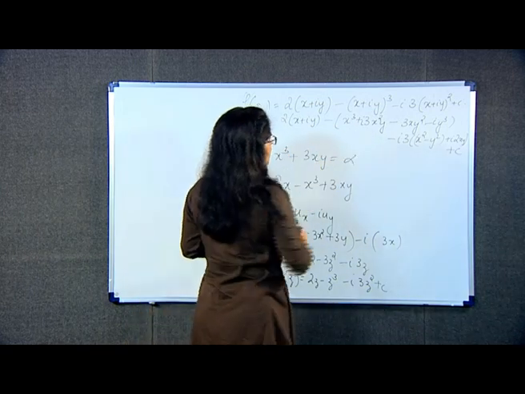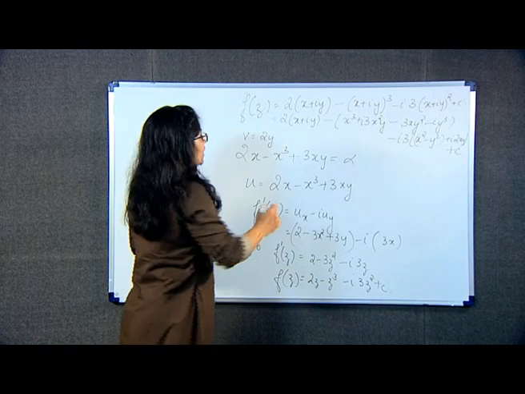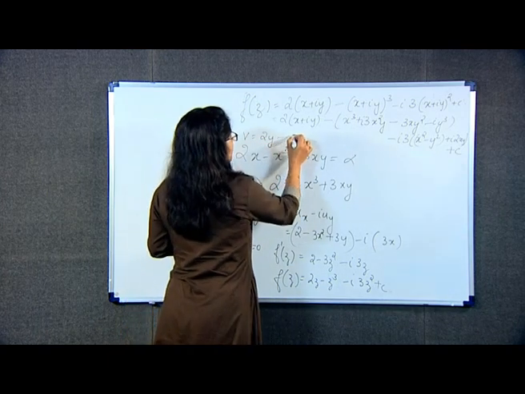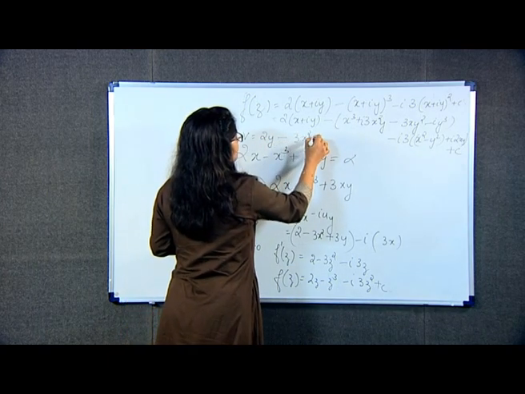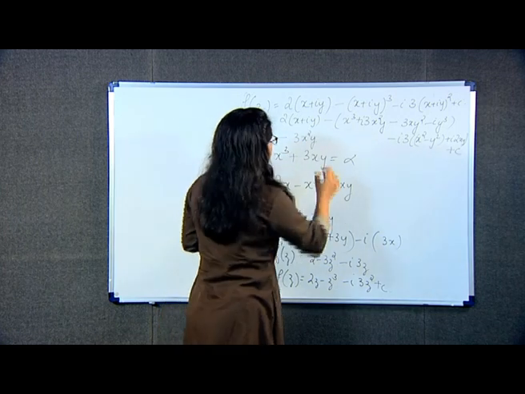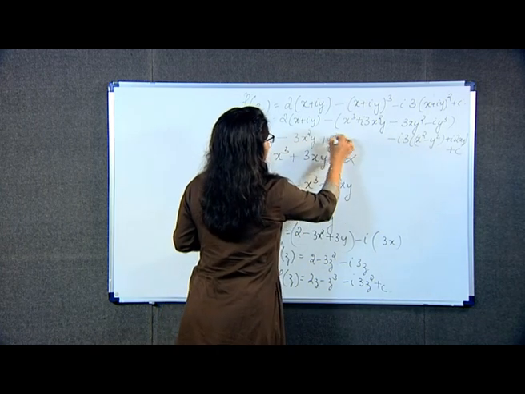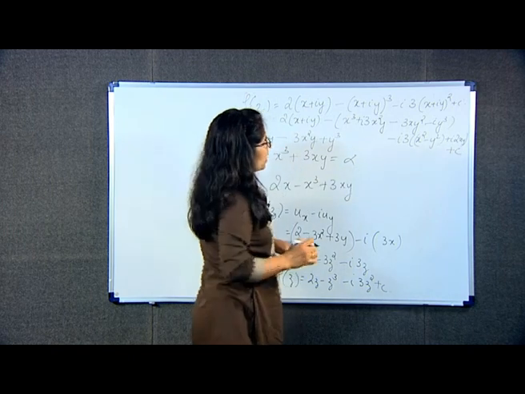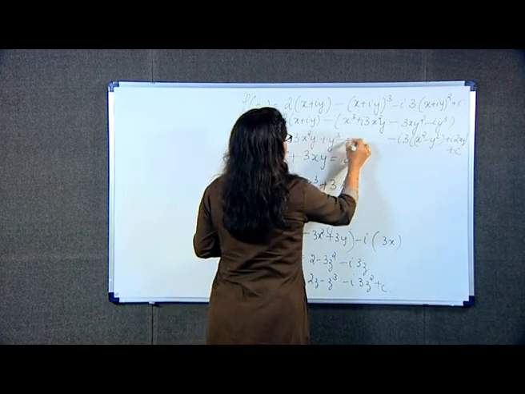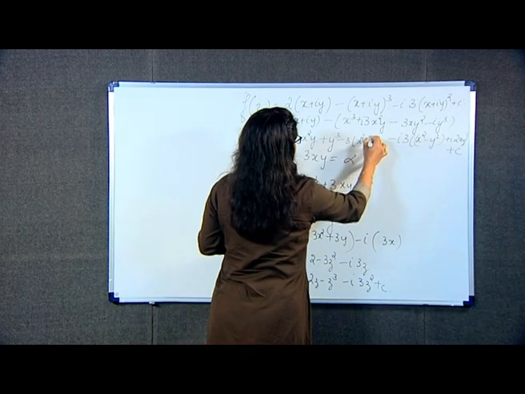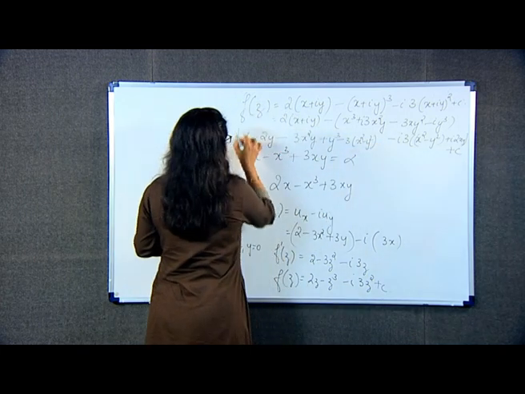From here, which are the imaginary terms you are going to get? It is minus 3x square y and plus y cube, and here what do I have? I have minus 3 into x square minus y square. So, this function